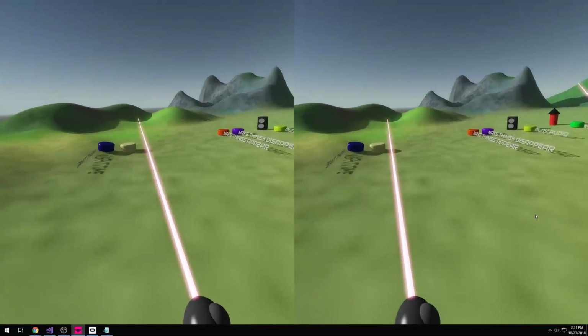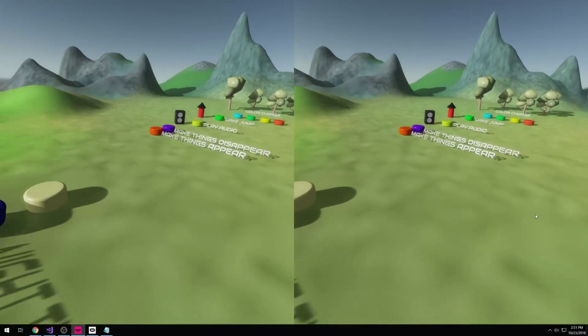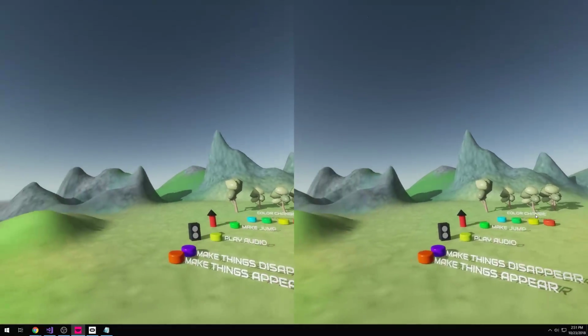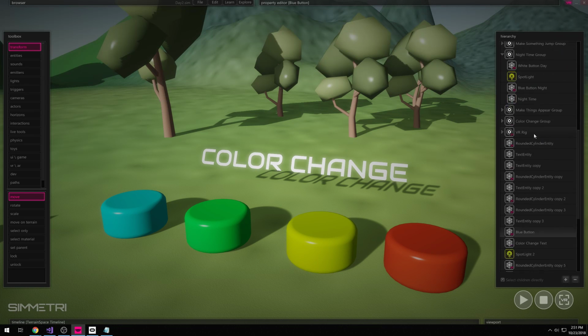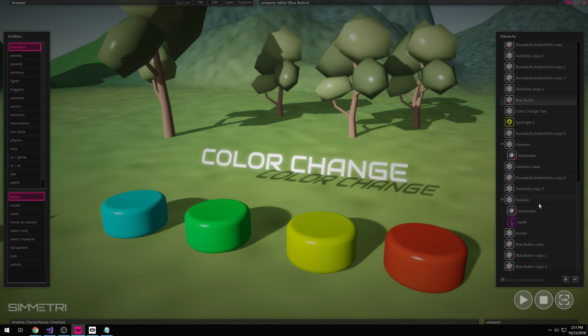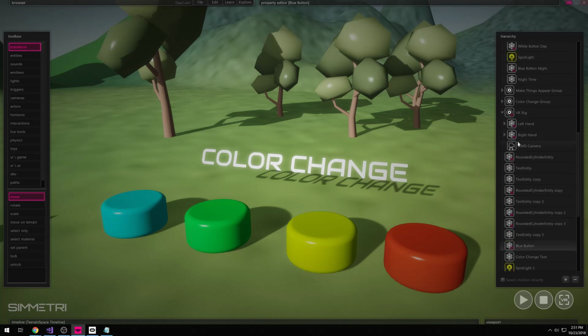Oh, you'll notice I'm kind of flying slowly here. I'm actually going to give you guys a little pro tip. If you do flying and you don't like the speed you're flying at, I've got an option for you. On your VR rig, where your fly is, which mine is under the left hand, under the index trigger, under fly,